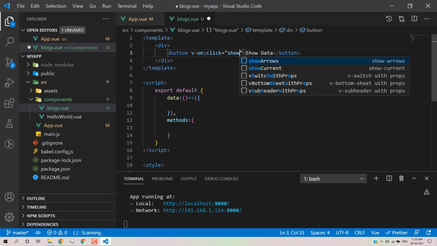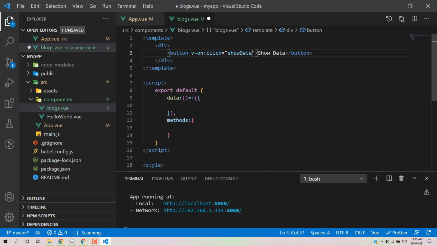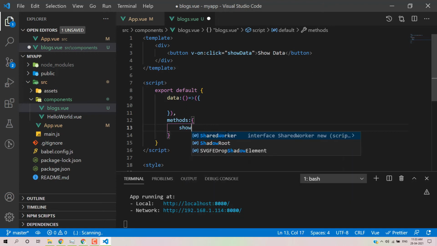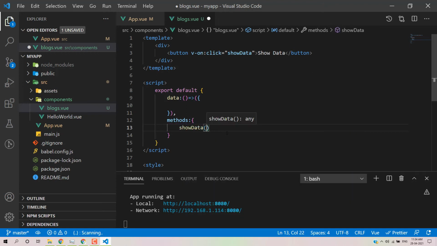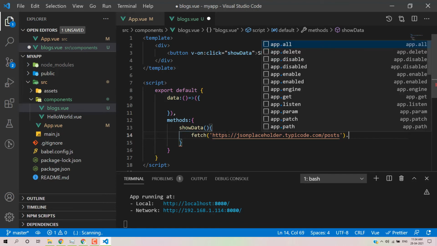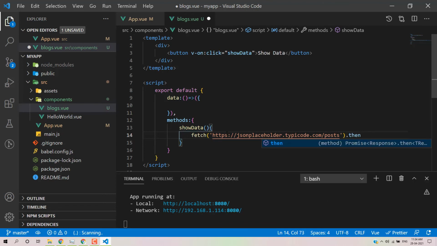And now we need to call the APIs based on this button. So we have to use the fetch function. Here we need to pass this particular path. And this is a basic syntax, like if these APIs are successfully executed, we will convert it into JSON. So that's why we have written json. Okay.